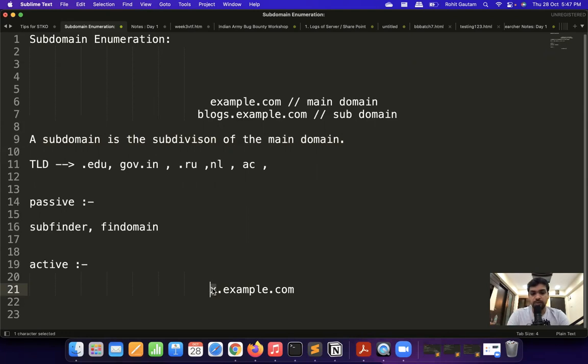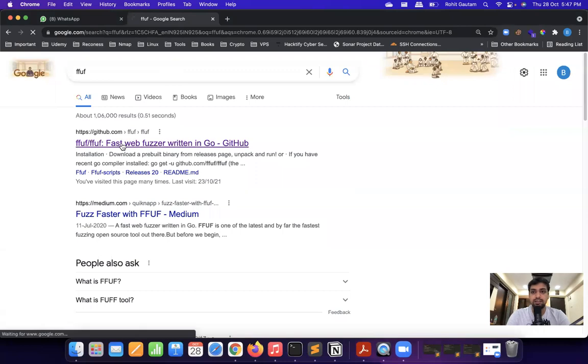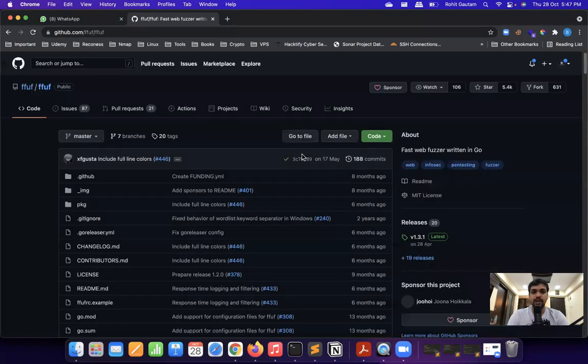So now we are going to brute force over here, and we are going to identify whether whatever subdomain we have identified during the brute force process, does it even exist or not? There are multiple ways to do it. I'm going to utilize ffuf to do it. ffuf is really an awesome project which is used for web fuzzing. It is again written in Go.